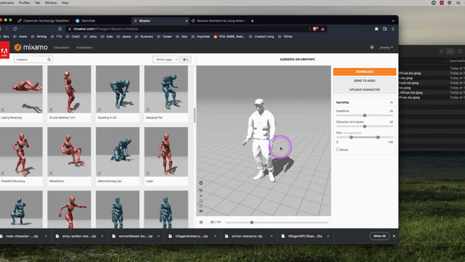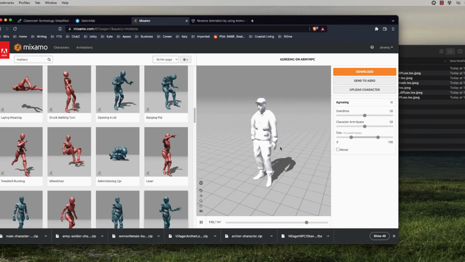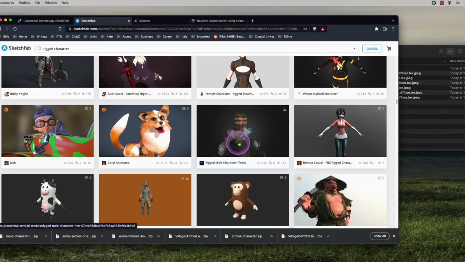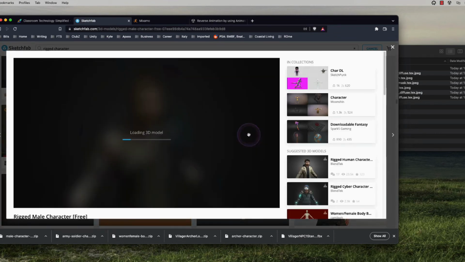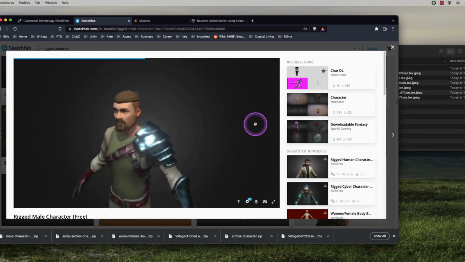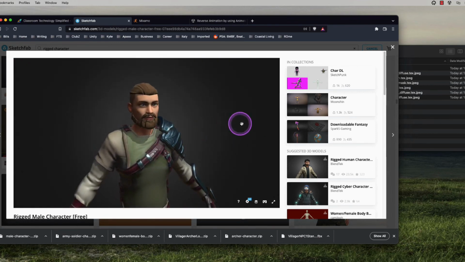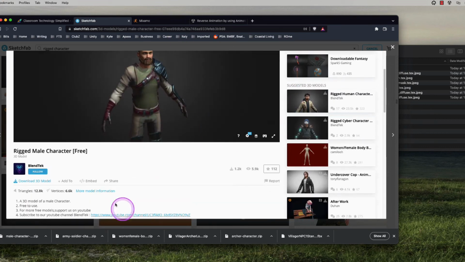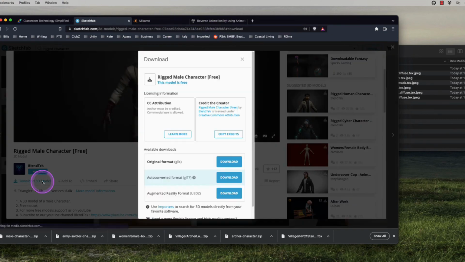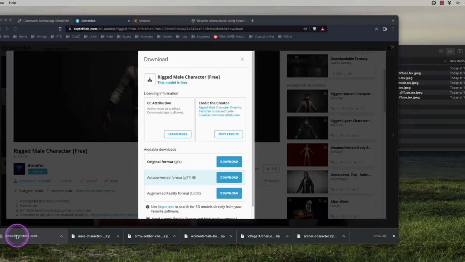So that's a great way to get rid of that rigging and put it back in. Another thing that you can do that does the same thing but also helps directly with Unity is, as you know, Unity doesn't work well at all with GLTF files. So if you pick a character from a place like Sketchfab and your only options are GLTF or GLB files, that's going to be an issue in Unity, and you have to use workaround programs, and a lot of times those programs really mess up the shaders and cause a lot of issues, especially if you're doing something with VR. So I would suggest you download the AutoConvert or GLB,